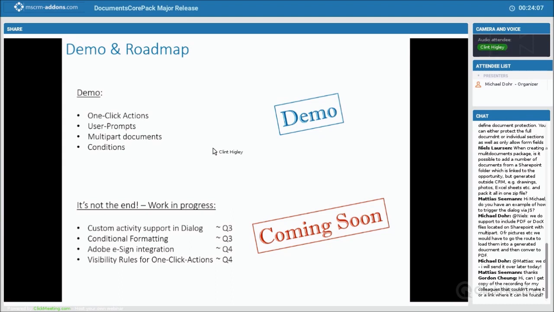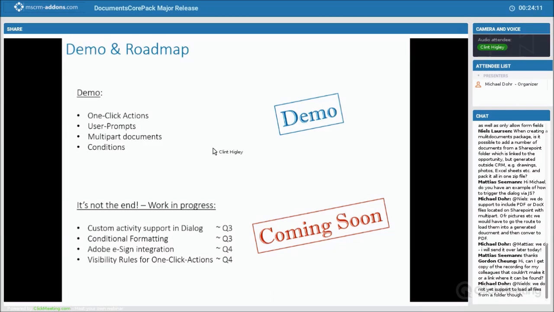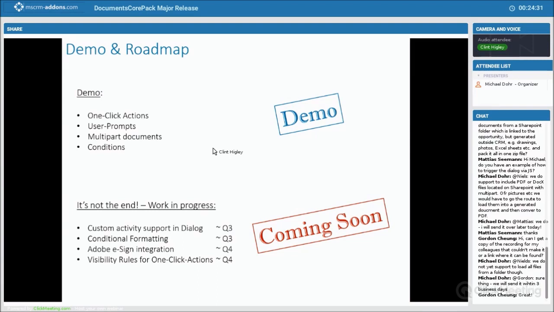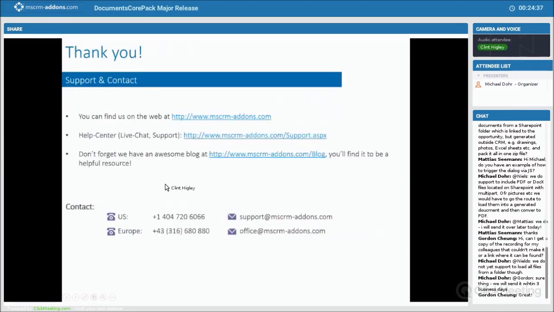Basically, what this means is that based on, say, security roles, you'll be able to assign these one-click actions to a team, a team of users, or to an individual user. They get different one-click actions, so different people will see different things. So it's a pretty cool, neat feature. I want to thank everybody for